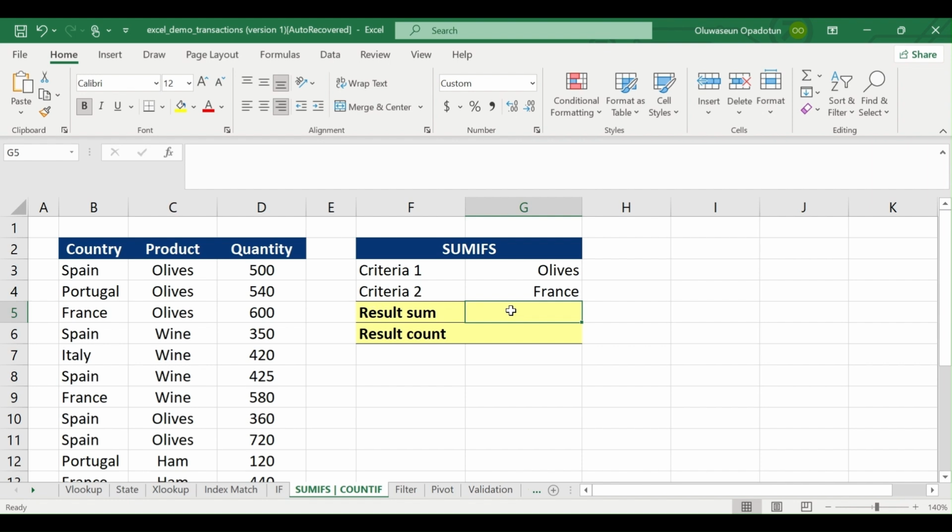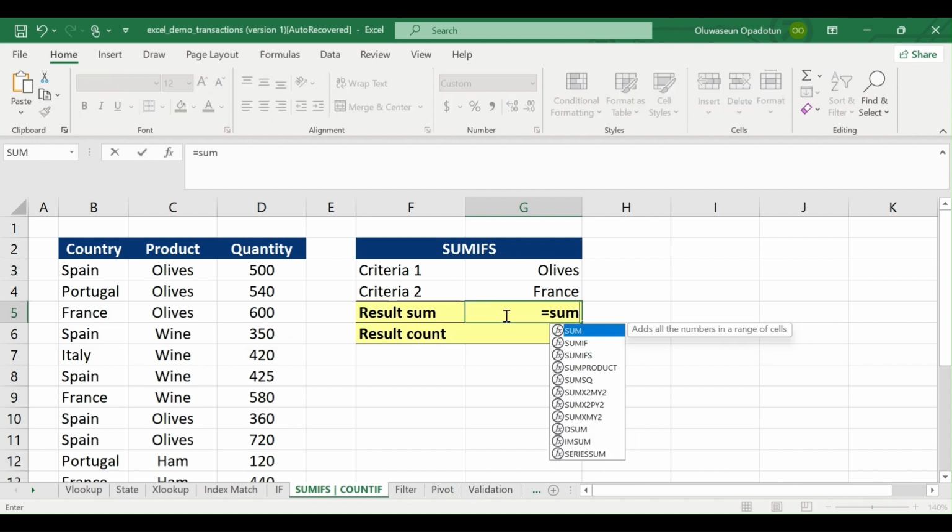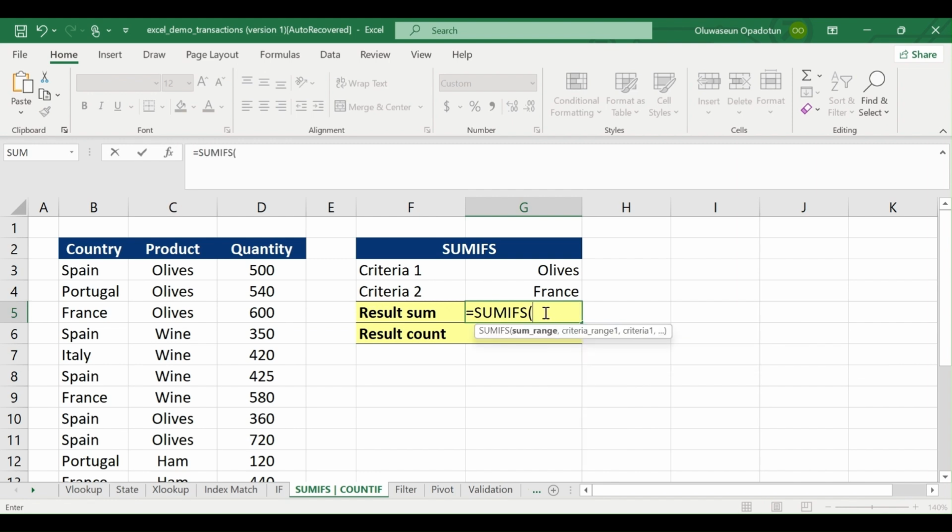Take for example this particular task now. We are tasked to actually get the sum of the quantity of olives in France. So basically, that's what this task is saying. So the result will look like this using the SUMIFS function. So SUMIFS is just combining sum and ifs. Ifs in this sense because we are using two criteria. So if it's just olives we are looking for, we just use one criteria. But because we are using two criteria,